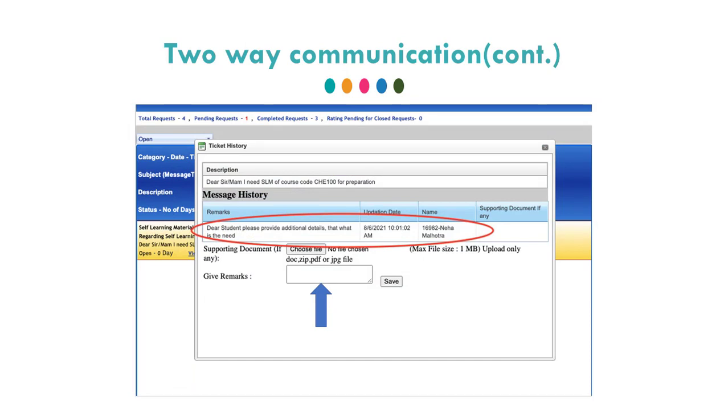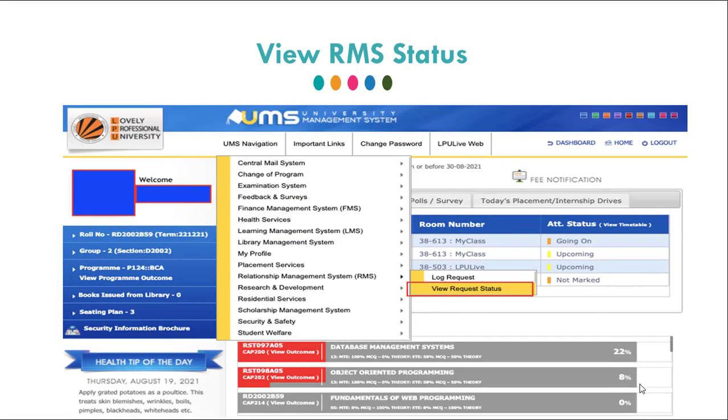Write your comments, give your remarks in the box given on the screen, and then click on the save button to complete the request. Once you have successfully logged your request and communication is completed, now the dealing official, after